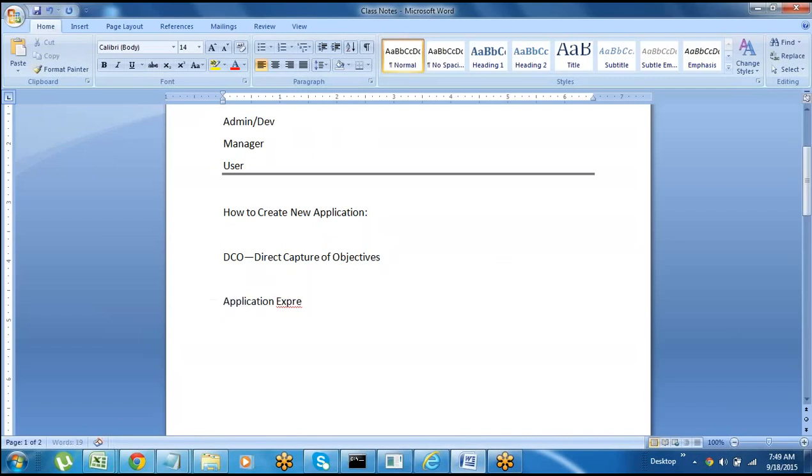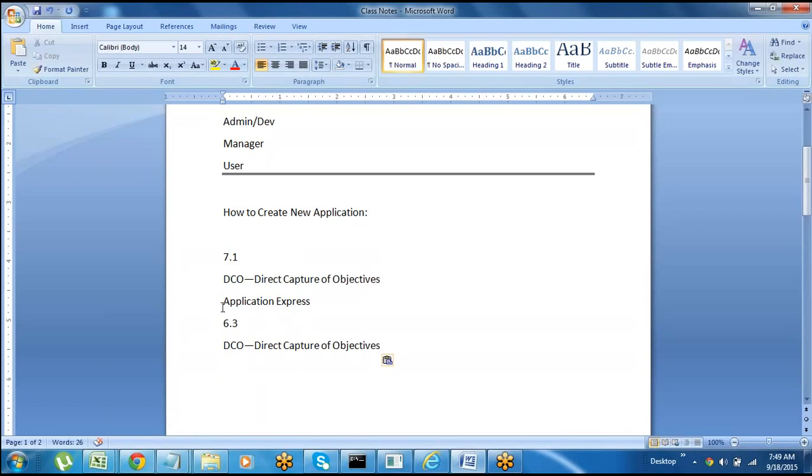Now, I am telling you about version 7.1, but in the coming sessions we'll see how to create in 6.3 also. In the 6.3 version, the case is totally different. The tool is the same, Direct Capture of Objectives, but inside that we have three types of components to use.